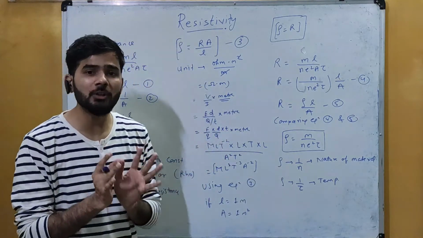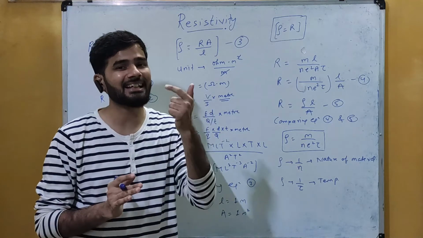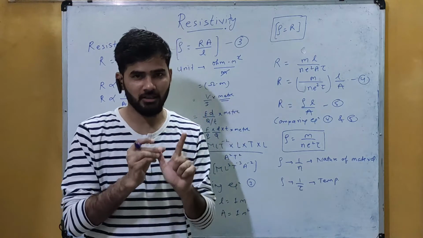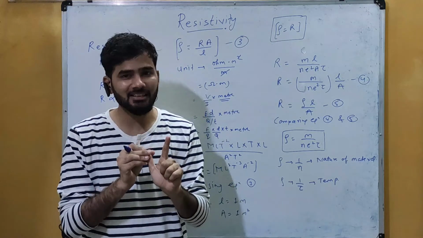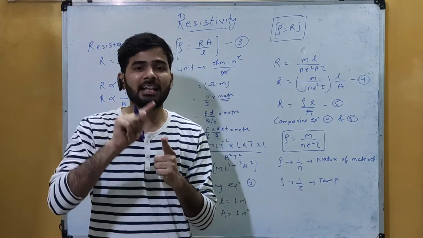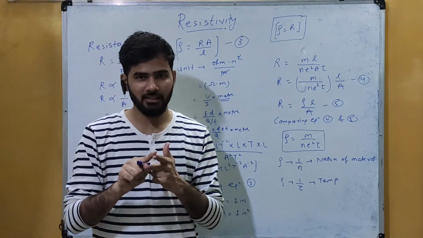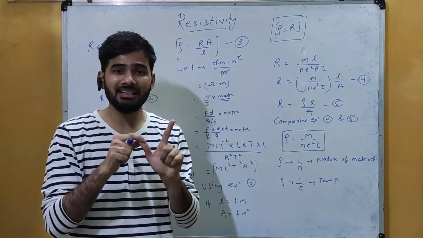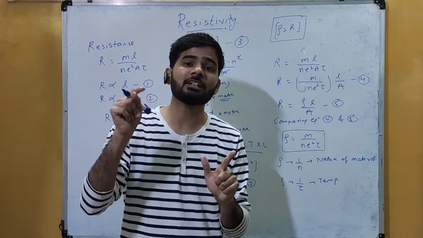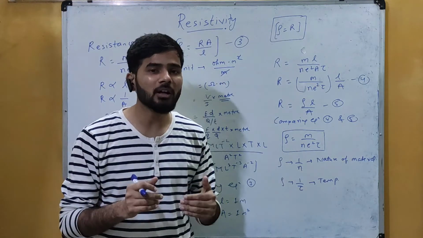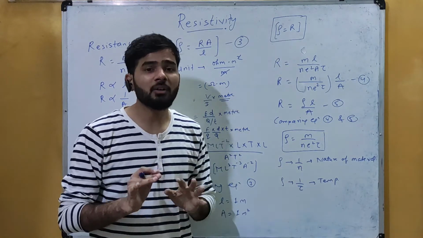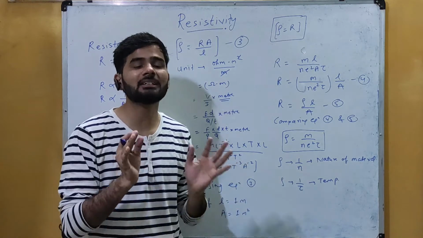Okay, now here we have two different things. One is resistance and the second is the resistivity. Resistance we can say it is the property of that object. जो ऑब्जेक्ट है उसकी प्रॉपर्टी क्या हो जाएगी? रेजिस्टेंस. बट द प्रॉपर्टी ऑफ दैट मटेरियल जिससे वो ऑब्जेक्ट बना हुआ है, दैट प्रॉपर्टी विल बी कॉल्ड एज द रेजिस्टिविटी. So there's a difference between resistance and the resistivity. Resistance is the property of the object and resistivity is the property of the material by which that object is formed. Okay, so this is what the resistivity is, which depends upon the nature of the material and on the temperature.